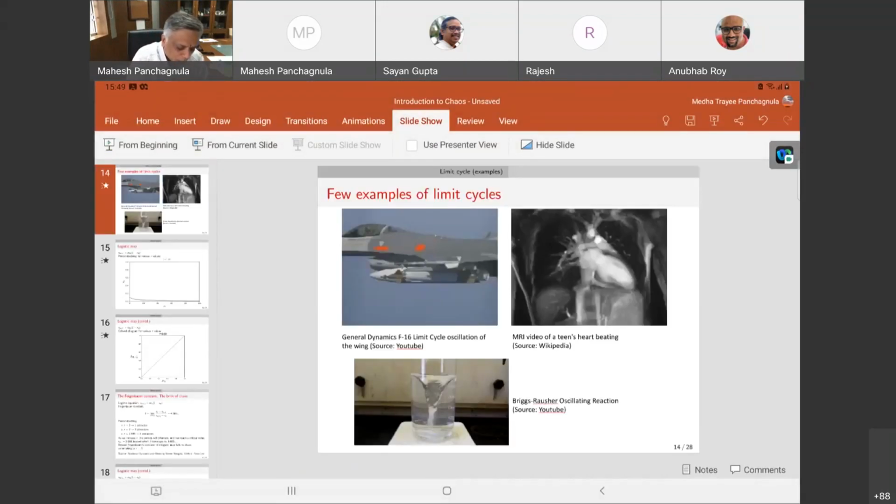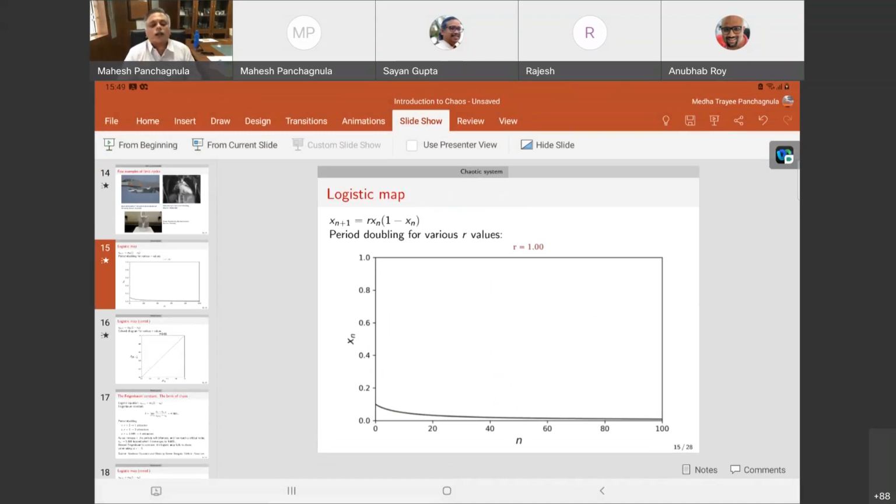Okay. So in order for us to understand this evolution from a stable equilibrium point to a limit cycle and then on and on, one of the most beautiful example problems, which actually is more than just an example, is what's called a logistic map. So let's understand what this logistic map is. It's a very simple map equation.